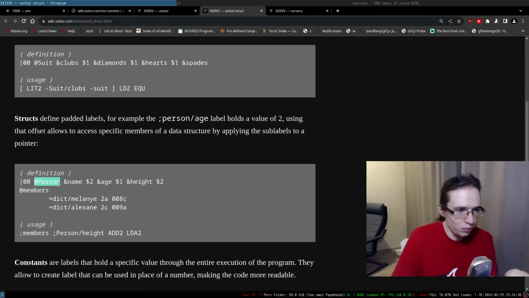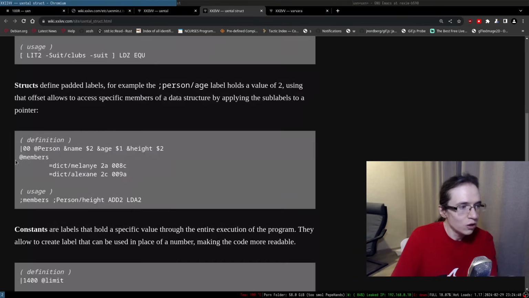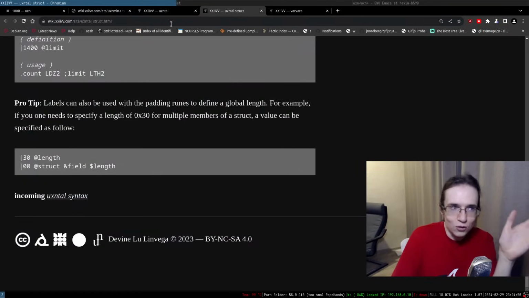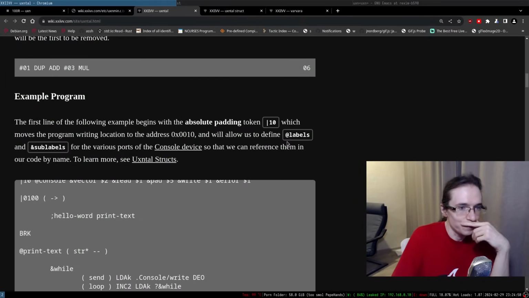So you define a structure person with a name that has value 2, the age value 1, and height 2. And then you have members, like a dictionary and stuff like that. There are some constants, prototype label. Okay, that doesn't tell me anything. Well, let's move on.